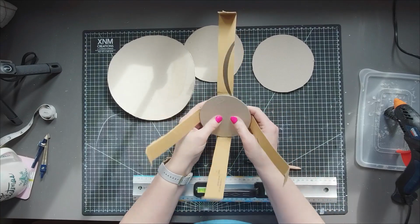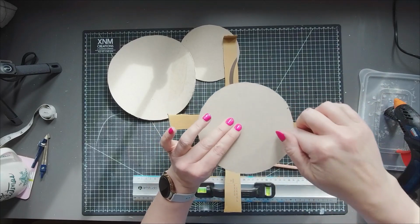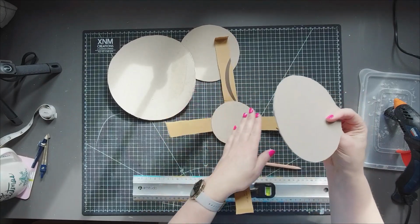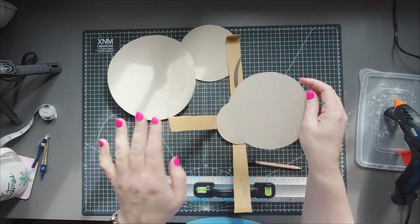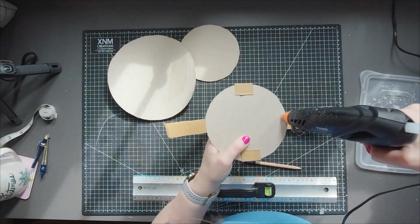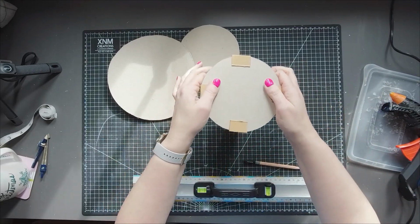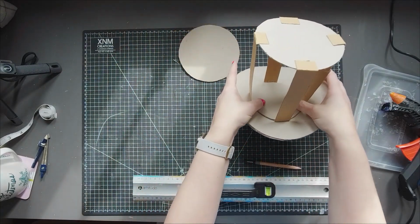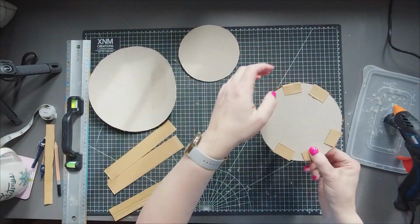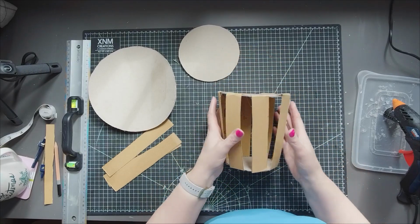Then we're going to do the same with the top, but this time we're going to glue on the top side and make sure that you've got the bend on here, making sure that I've got the bend on that bit and the bend on this bit the same. That is going to be our hat. I continued gluing strips of card until I had them going all the way around the circumference of the hat. Okay, so that's my basic shape,